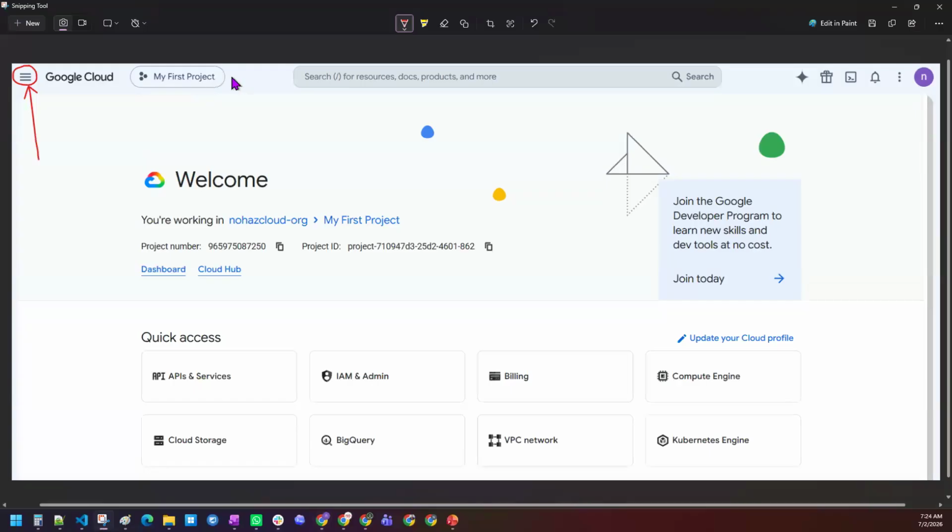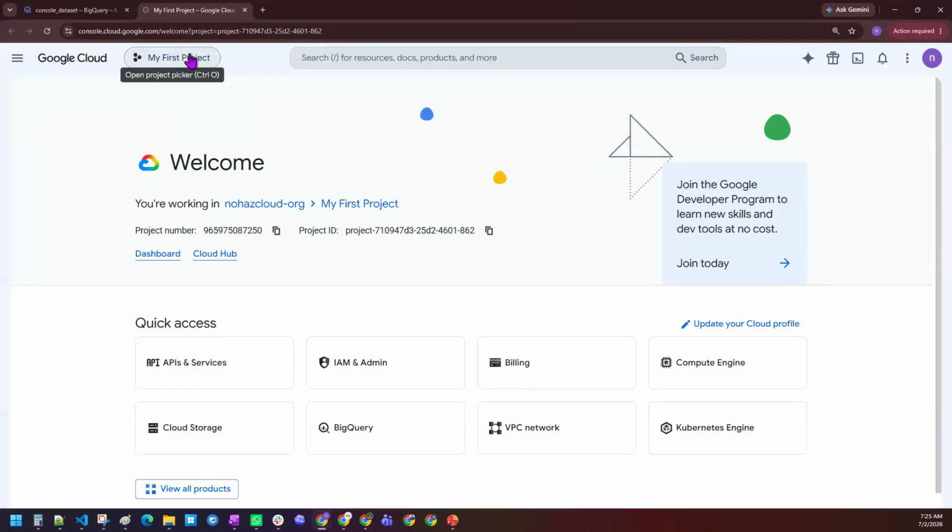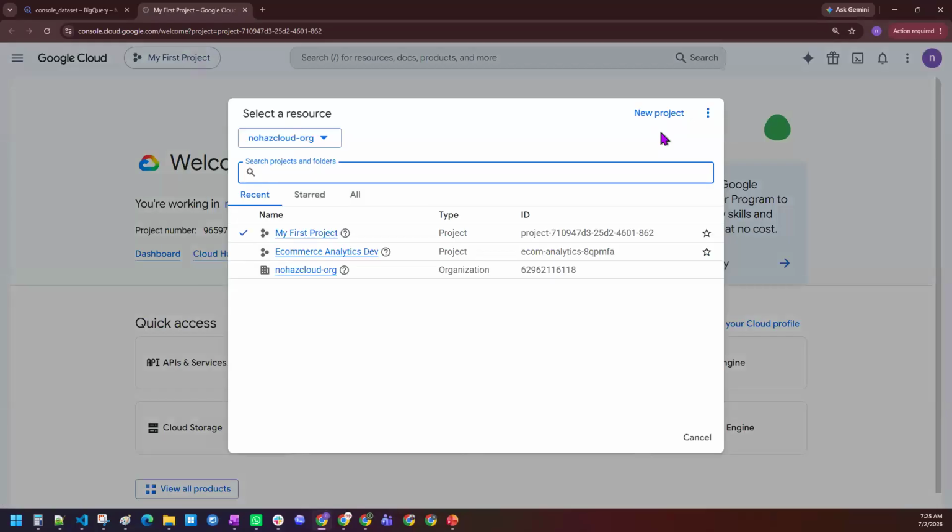The next thing is your project area, also called the project picker. You can select any project. What is a project? Don't worry, in the next session I will talk about it. But every resource must come under a project only. Anything you want to do in the Google Cloud Platform should be done within a project. So if one wants to create a project, you have to come to the project area. Either you can create a new project or select an existing one.